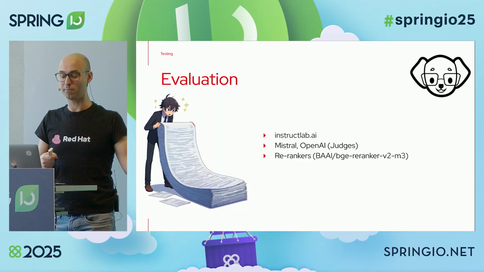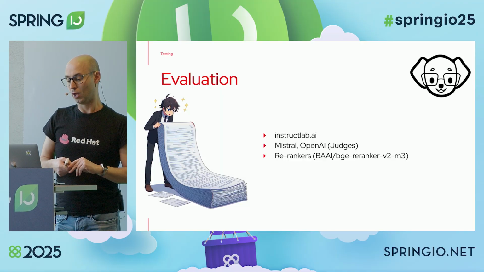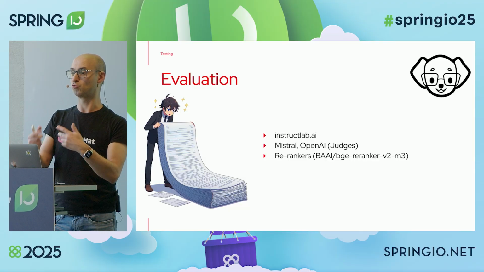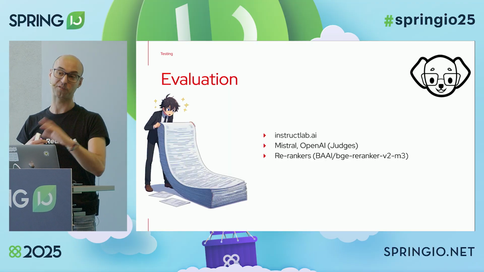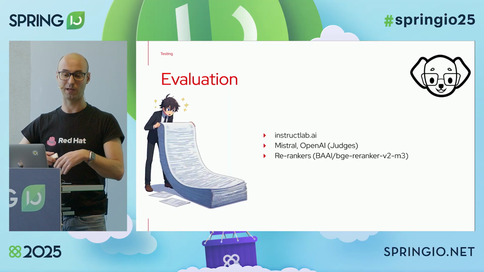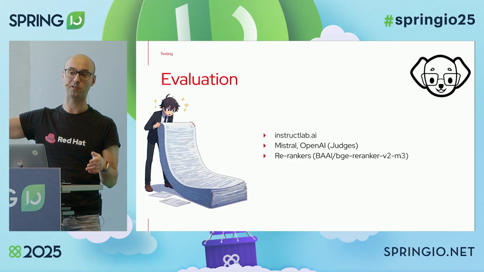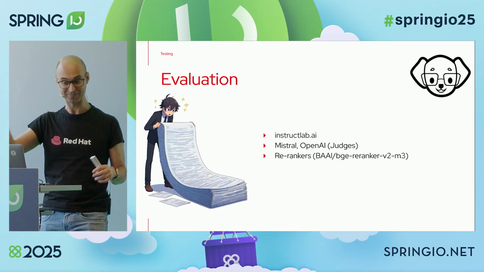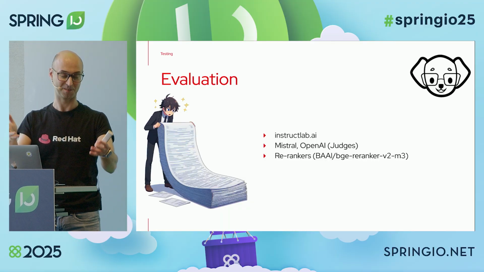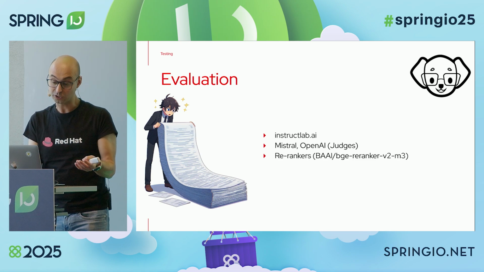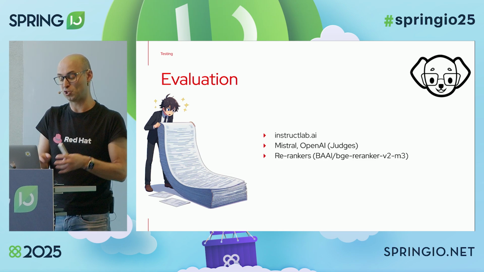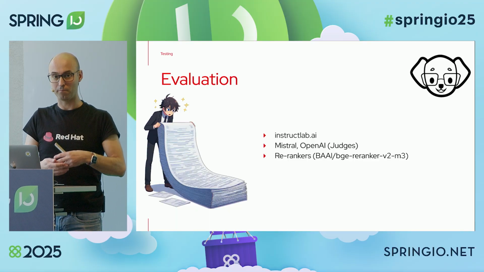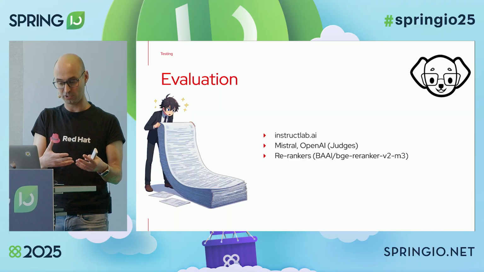And then for training a model, well, I recommend, for example, using InstructLab. Okay, InstructLab is an open source tool that lets you train a model in an easy way. You do not need to be a data scientist. You say, hey, this is the GitHub repo with all the content that you should train. You point it there, you run it, and after 1 week, you will have the model. Okay, well, depending on the GPUs and so on, but this takes a bit of time. Also, you can use, let's say, generalistic models. It's not necessary to train a model. You can use Mistral or Meta or OpenAI as judges.